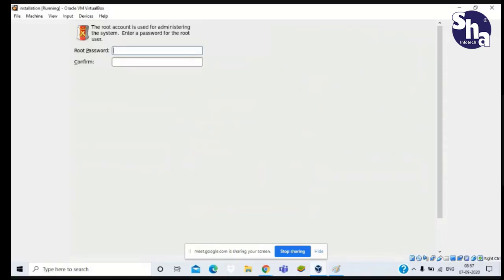Root is a very important user for us, so we have to give it a password. If there is no password for root, then anyone can come and edit anything on your machine, or change your parameters, and that will affect your performance or task.